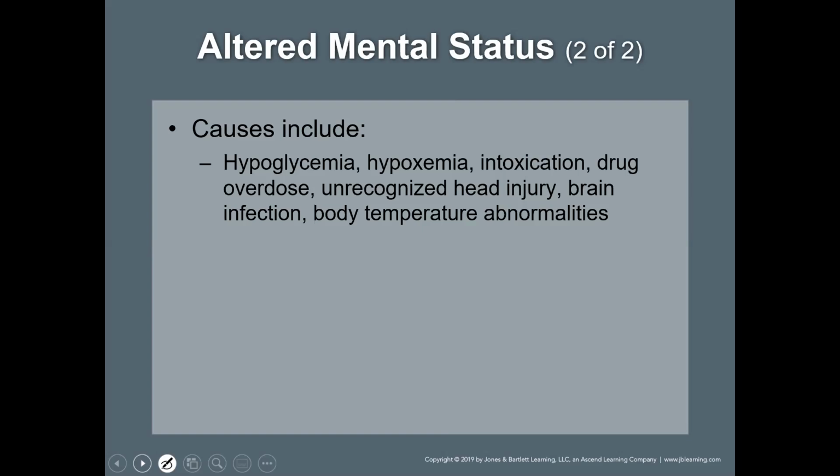Like if we didn't check a blood sugar, we get to the hospital, they're still altered and they're hypoglycemic, they give them something and they walk out of the hospital. So that was all that was wrong. So we're going to go through: hypoglycemia, hypoxemia, intoxication, drug overdose, head injuries, former or acute, brain infections, encephalitis, meningitis, body temperature